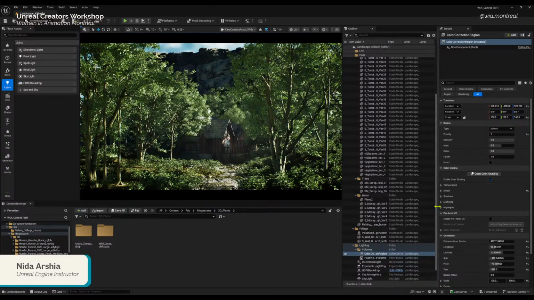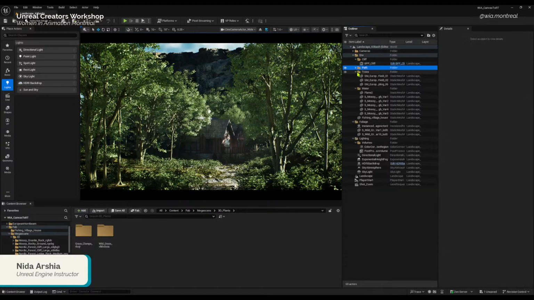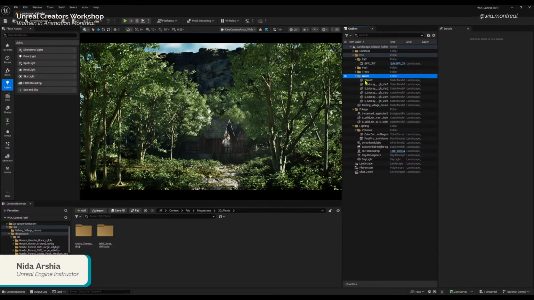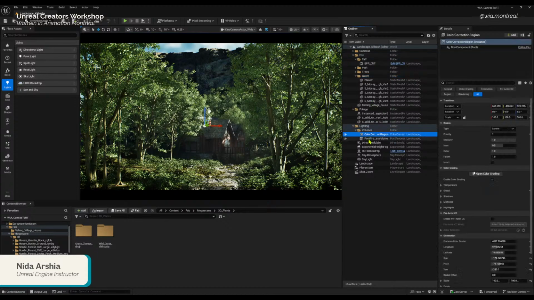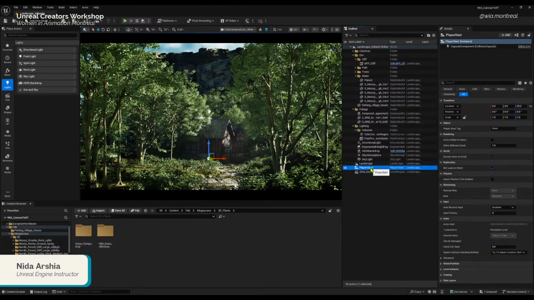Before going to that part, let's quickly have a look at the outliner again. Here it's very crucial to make sure that everything is organized. Every asset is put in proper folders. Lighting is properly set, and it's easier when you do this from the starting, so it doesn't become too much to organize later on.